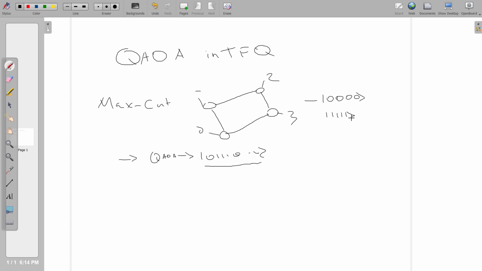And so, therefore, we can understand the cost function that we're trying to minimize, right? We want, for every edge, because we have knowledge of the graph, for every edge, we want that edge to be cut, because that means we're increasing the max cut number. And so if we want to increase the number of cut edges, then we want to decrease the number of uncut edges. And so the idea of the cost function, you'll see it in multiple forms, is, for example, with these zeros and ones, it's often written as 1 minus,